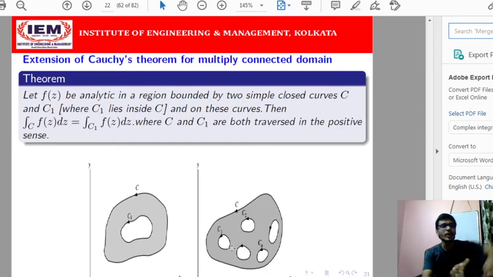So that is called a multiply connected region. We are not going to discuss the detailed proof, but if f(z) is analytic in the multiply connected region, then the line integration over C of f(z) dz will be the same as if I consider the path C1 and take the line integration of f(z) dz. That means this is the path independence. If I take C and C1, another path whose direction is the same and which are parts of the multiply connected region, then the line integration with respect to C and C1 will be the same.